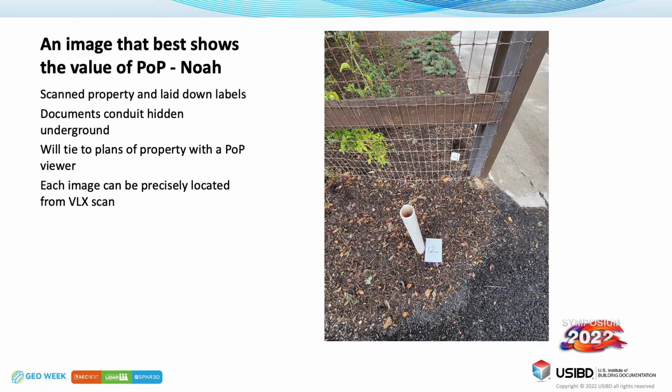So last time I was up there, I brought the Navis VLX with me. I scanned the whole property, well, as much of it as I could. It was 12 acres, so I had a limited amount of time. So we scanned the house, we scanned down the driveway, and everywhere we had conduit, we put down a label. And so now I have images of where all of these are, and I can precisely position down to sub-inch accuracy where these conduit points are.